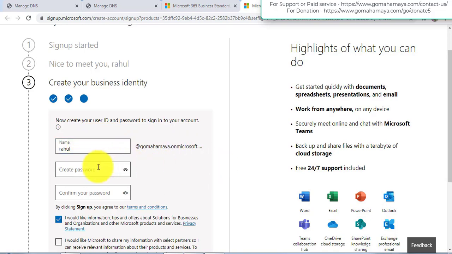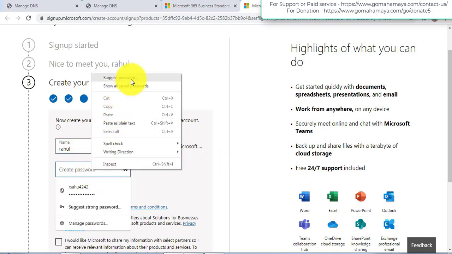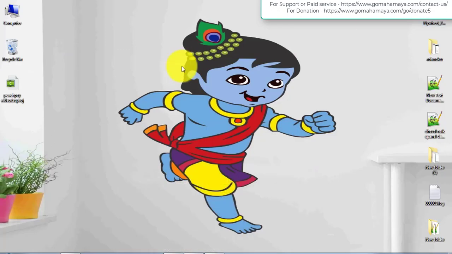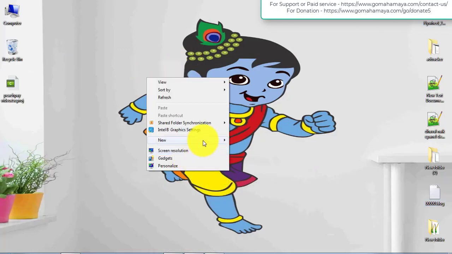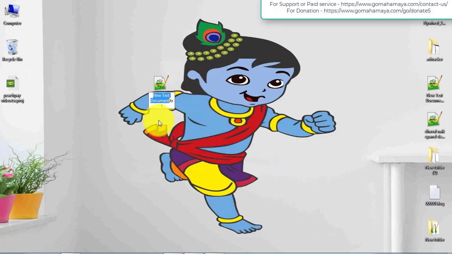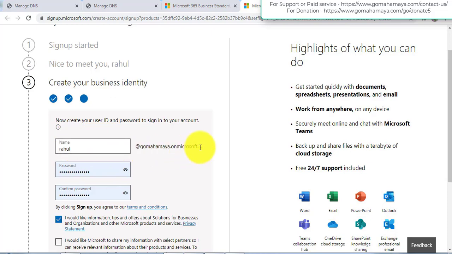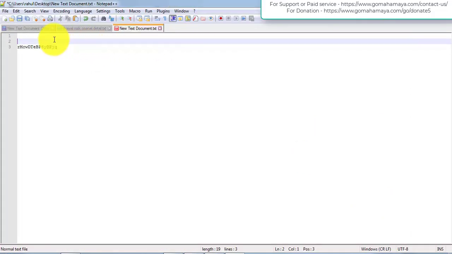My name is Rahul, and I want to create a password for it. Suggest a password. I'll make a backup of the password so that I can remember it later on. And my email ID will be this one. Just for reference we should write down .com.